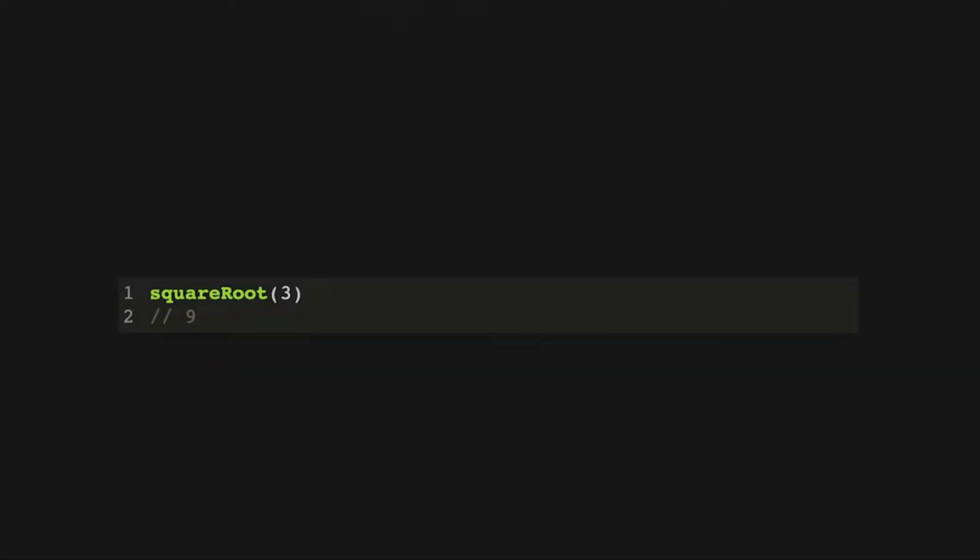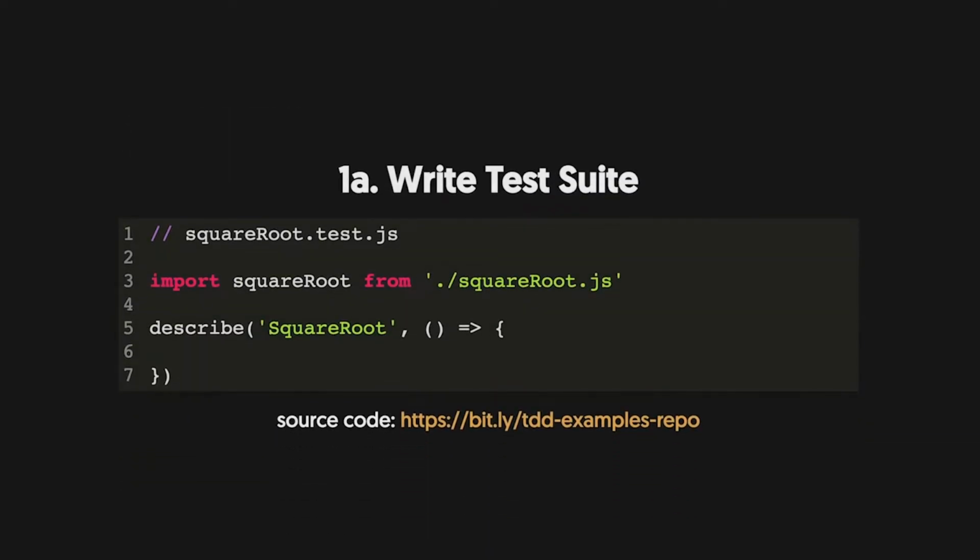So let's walk through a quick example. Let's say I'm going to create this function, and basically I'm going to input a number, and it's going to give me the square. So in this example, we give it a 3, and it's going to spit out a 9. So if we want to use a more test-driven approach, what's going to happen is that we'll first